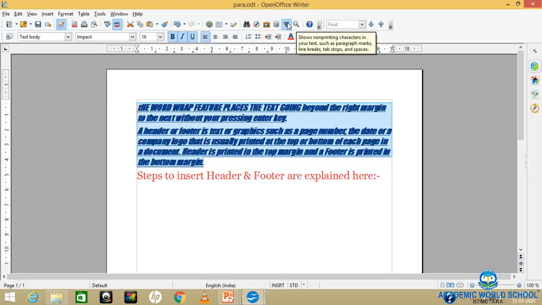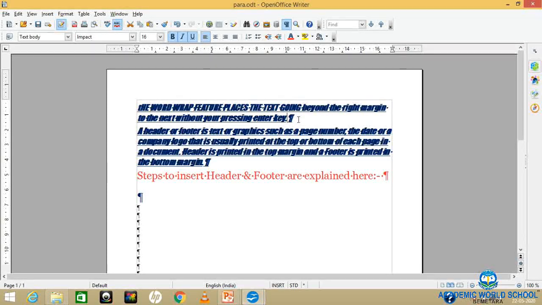So let's see that. Suppose this is my paragraph. How can you find out this is a paragraph? For that you have to just select that and go to the standard toolbar. This is your show and hide button.